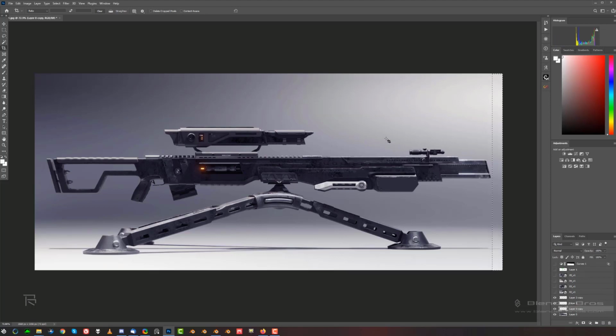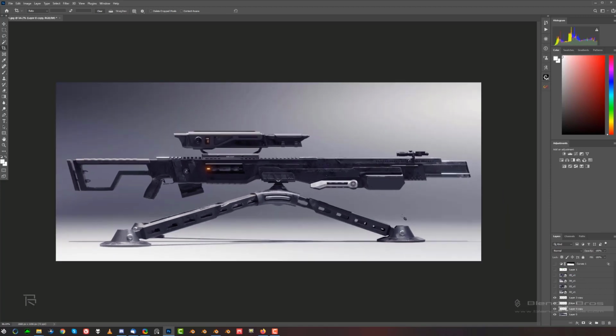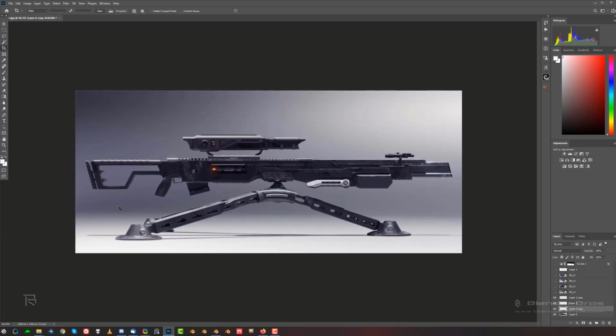So what I would suggest is to either learn how to control the lights a bit better, or use different lighting, or render separately the gun and the floor. Okay, and then composite it in Photoshop. And you don't have to fit everything in the same ratio. Some of my images are in 21:9, some of them are in 16:9. It doesn't really matter, as long as the image looks good. That's what's important. But this is a perfect candidate for an ultra wide shot,